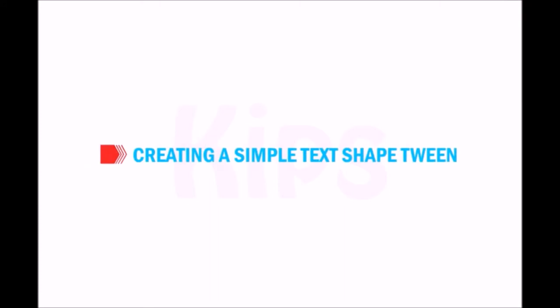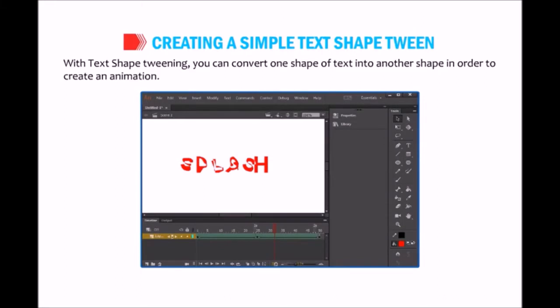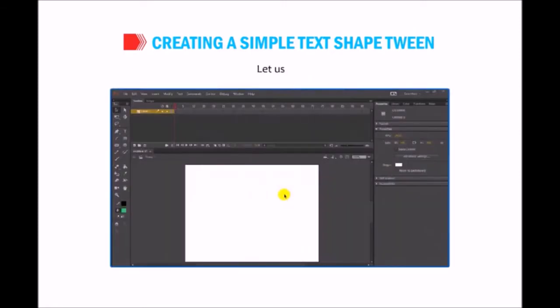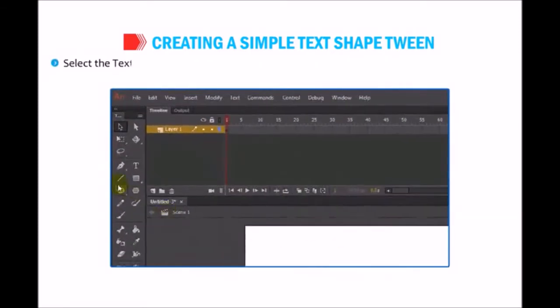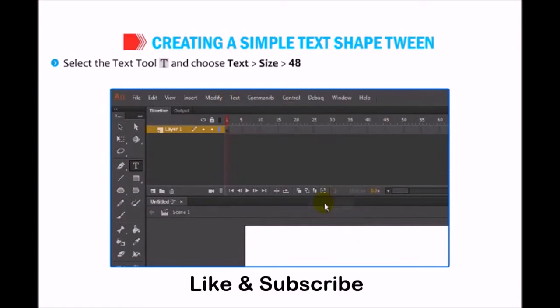Okay students, let me explain how to create a simple text shape tween. With text shape tweening, you can convert one shape of text into another shape in order to create an animation. In shape tweening, you cannot convert an object into a symbol. Let us try. Select the text tool and choose Text, then Size, then 48 from the main menu and select